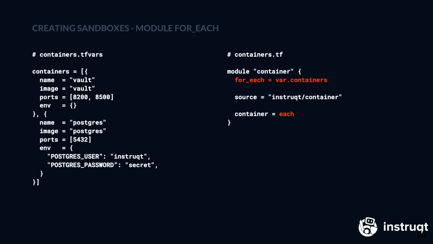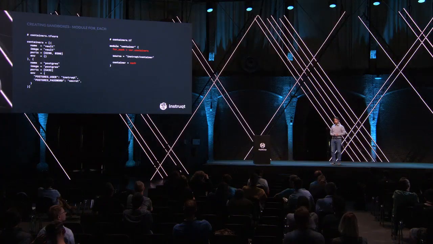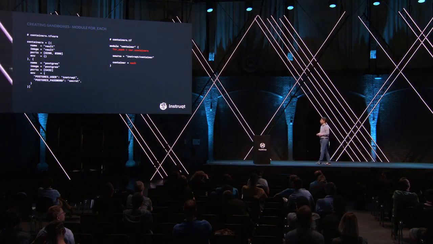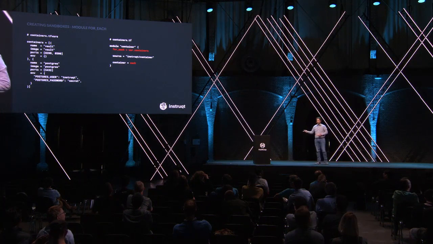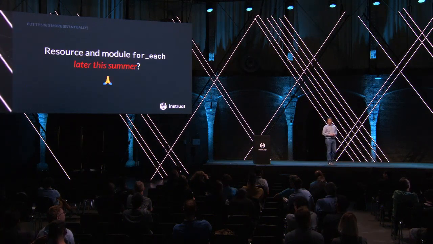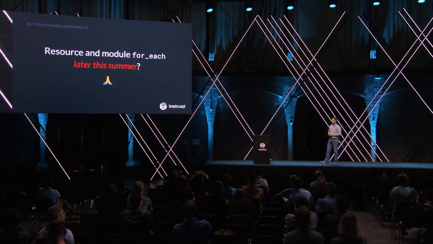So what we can then do is basically get rid of all our templating, switch to a simple for each statement in our module definition, and basically move all parameters to either a TF-vars file or pass it in command line using JSON or something. And once we've done this, we basically remove all templating needs from our system. So I'm hoping for later this summer, but hey, you never know.